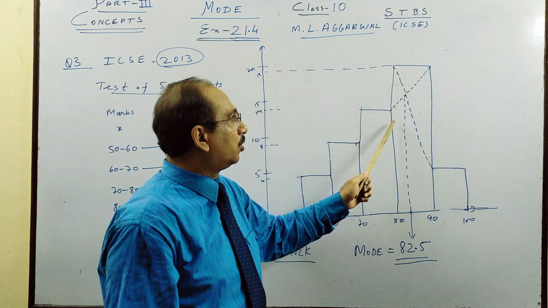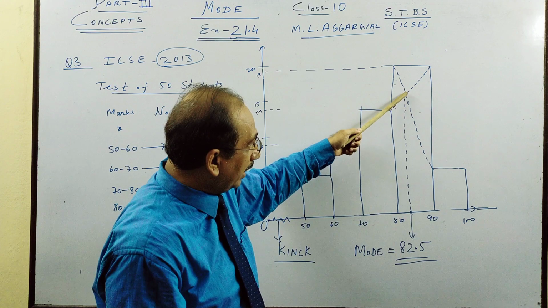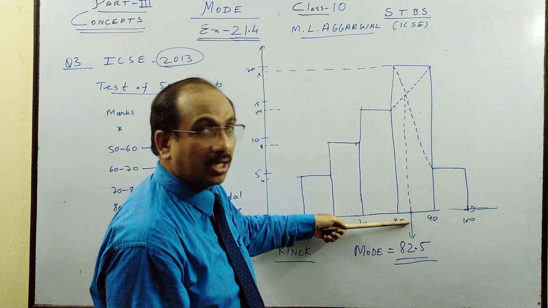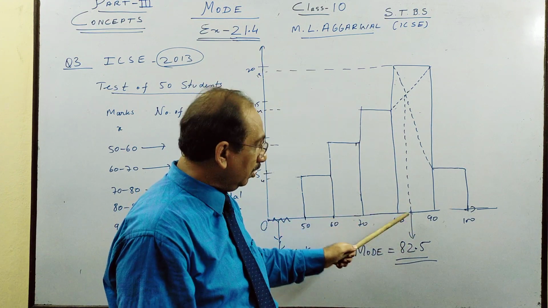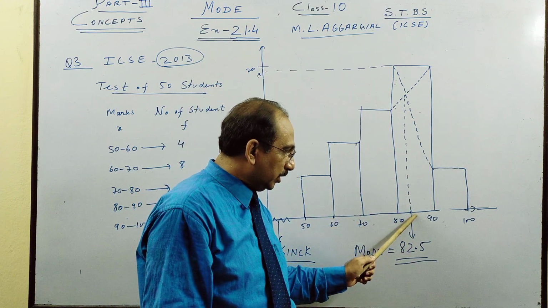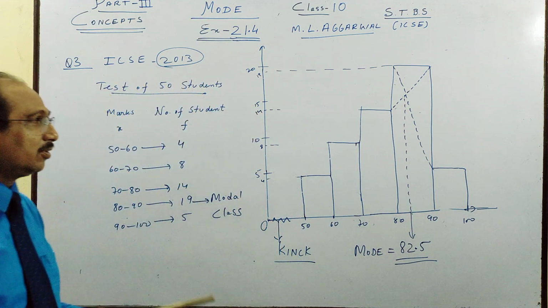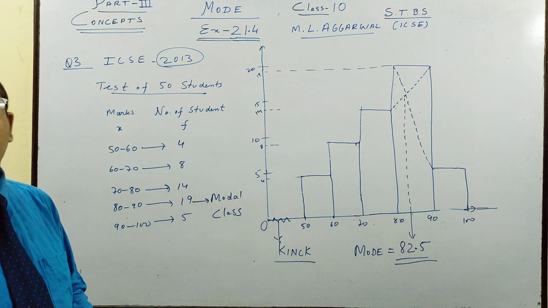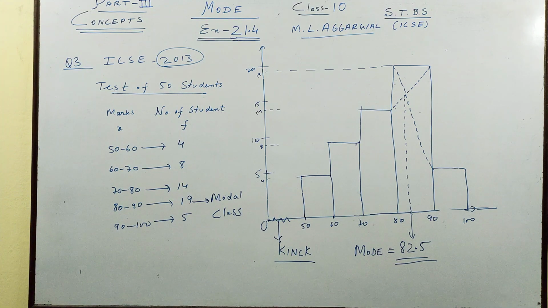Once more, draw two straight lines with scale and drop. Where these two intersect, drop a perpendicular. So we call it drop a line down, vertically down, see where it hits. So it is somewhere 82.5, you will see. So this was my second question. Please practice solved examples, some are very good, and unsolved examples.